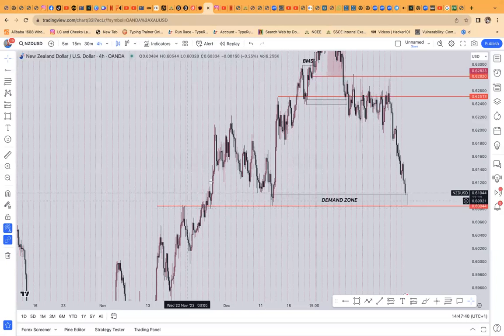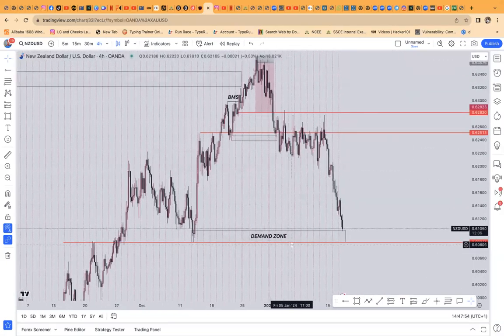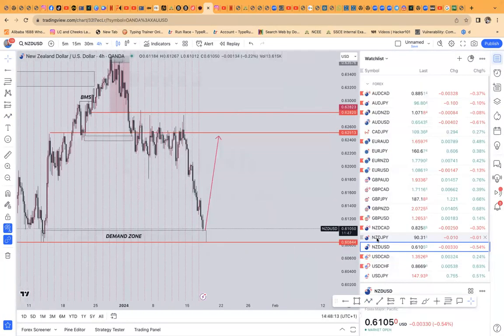Now, price went above here, came back to that zone, and then broke structure upward. You can see price retesting that area and then keep going upward. Now, price is in my demand level. So here is my demand level. I am expecting price to either go upward like this, or price breaks this and then comes here and keeps pushing downward. You understand? So let's see how it's going to look.